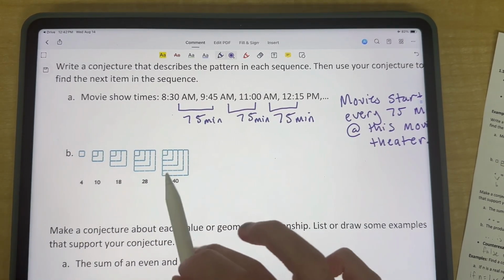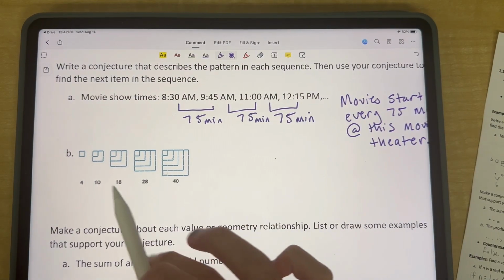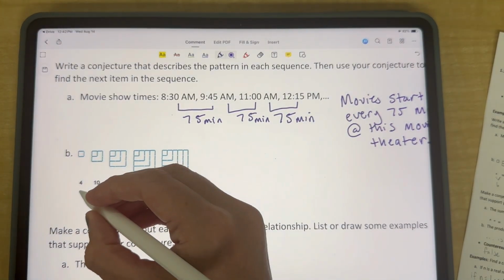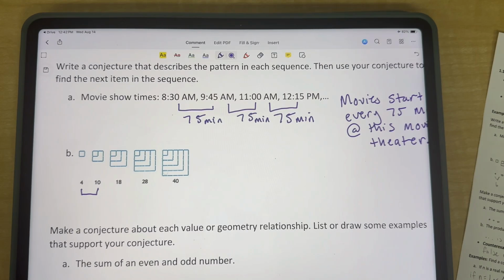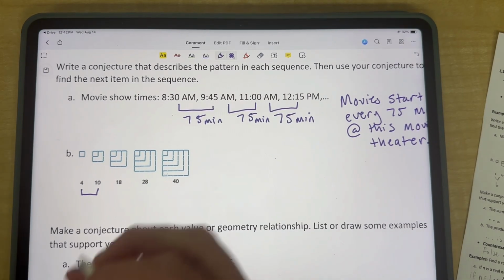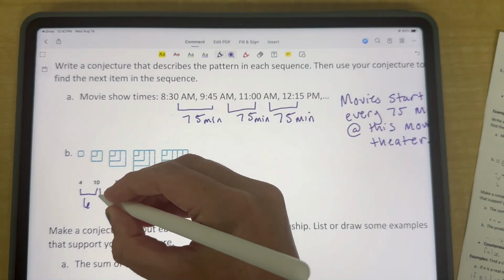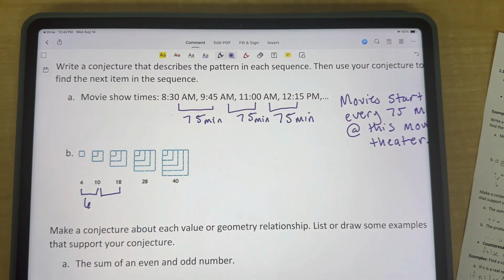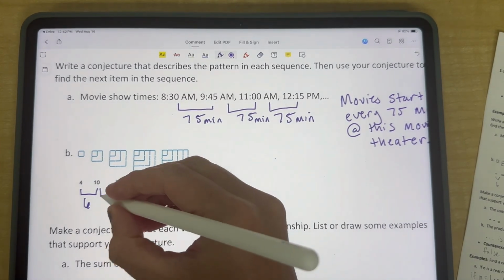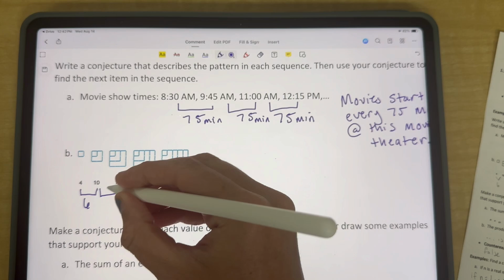So it gives you all these blocks, which are kind of funky. If you want to draw lines, you can. But you notice this one goes from 4 to 10. So what could you do? You could say, what's the difference between 4 and 10? I take 10, subtract 4, I have 6, right? Let's see if that's true for this one. How do I go from 18 to 10 or 10 to 18? Is it 6 again? No. To get from 10 to 18, we either had to add 8 or subtract,